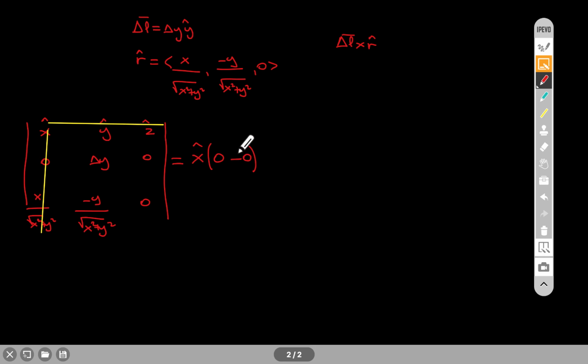That means there is no x component on this cross product. And then you will do the same thing in the y hat direction. There is a difference though. For the y, we need to use a minus. So when I take this column and this row out, I get a 0 minus a 0